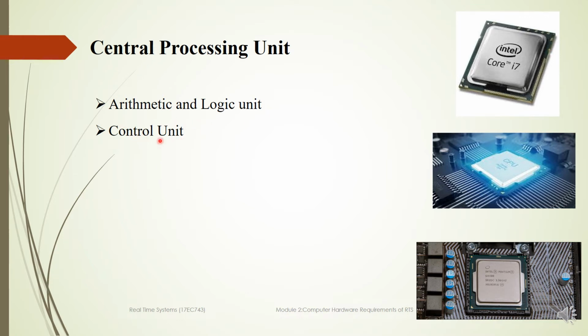Then what is the control unit? It is again a digital circuitry which is used to direct the operations within a computer's processor. It works by receiving input information that it converts into control signals, which are then sent to the central processor. So this control unit will let the computer's logic unit, memory as well as input and output devices know how to respond to the instructions received from the program.